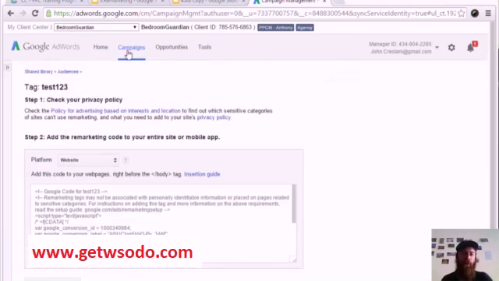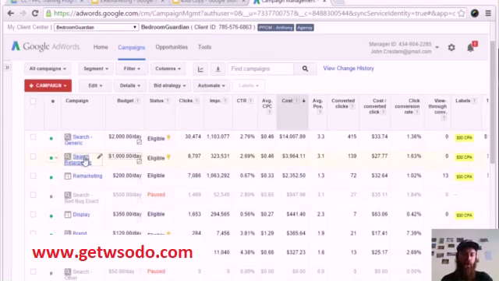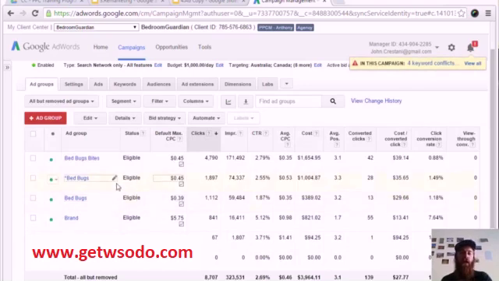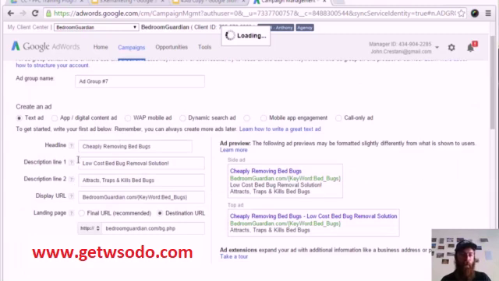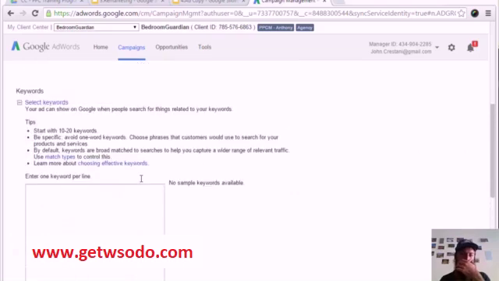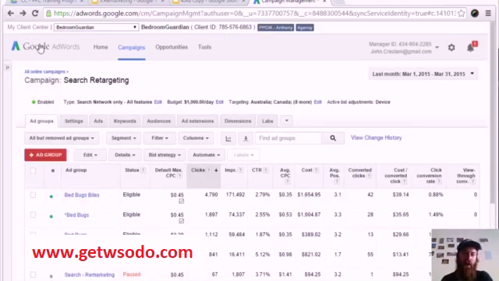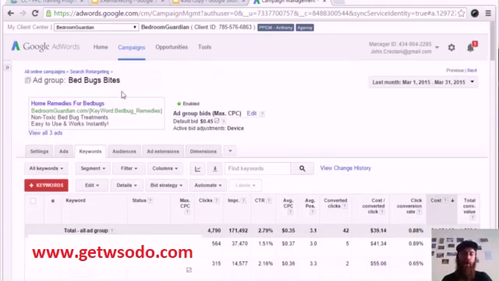So let's say this is all set up. I'm going to go back to our campaigns. Just click on the campaigns tab. Now what you do is we're going to go to search retargeting, and you just do a new ad group. It's taking a little time to load here. And what you do is you're going to select some keywords, obviously. What I suggest for search retargeting is be very broad in your keywords,